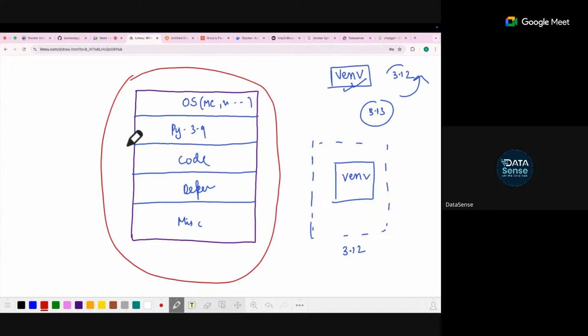Does not matter if this container is running on my system or your system, right? It contains the setup. Remember, here we have actually downloaded the OS. We have actually downloaded Python into this. But in a virtual environment, we are not. In a virtual environment, we are using that particular computer, that particular system that you are using. But here you're using the environment present in your container. This is the difference. So if I take this container and run it on my laptop, your laptop, someone else's laptop, it will still keep on running. Does not matter if my local system does not contain the right Python version or not. You can say this is a mini computer that you have created.